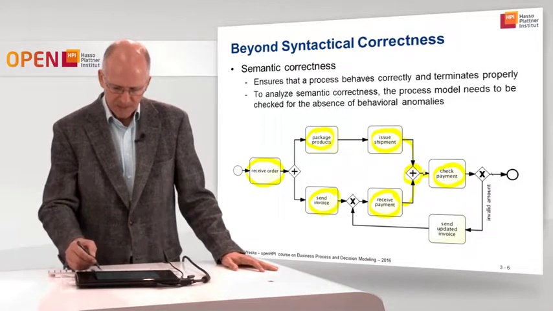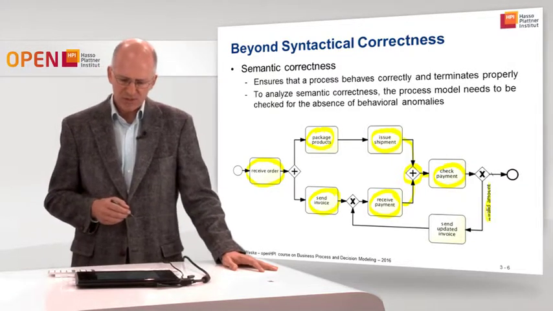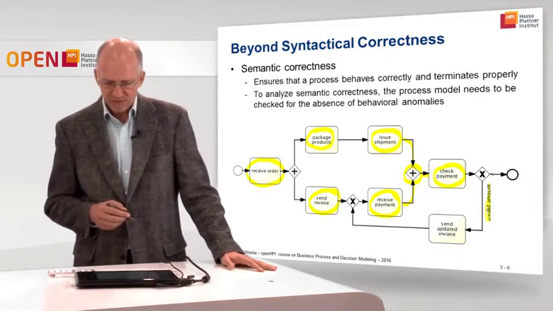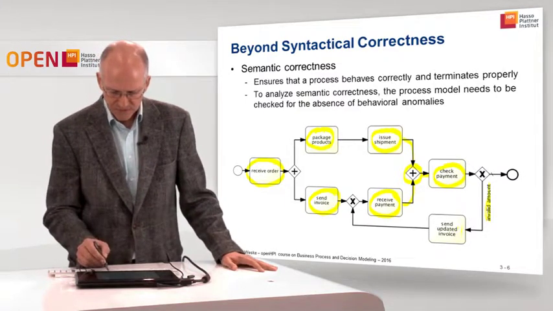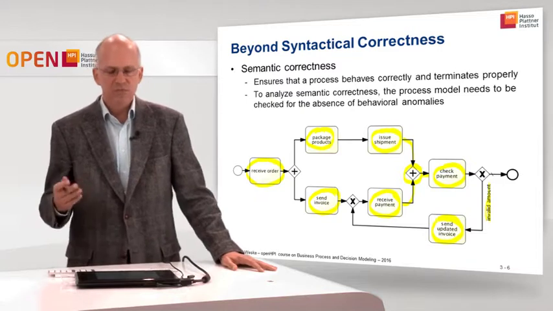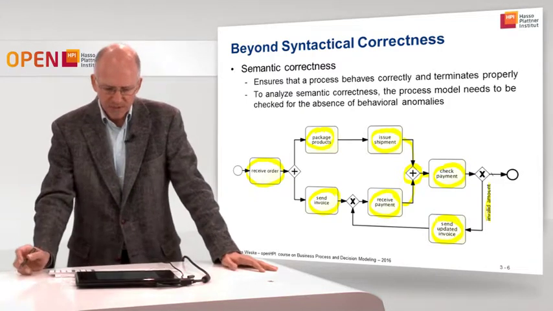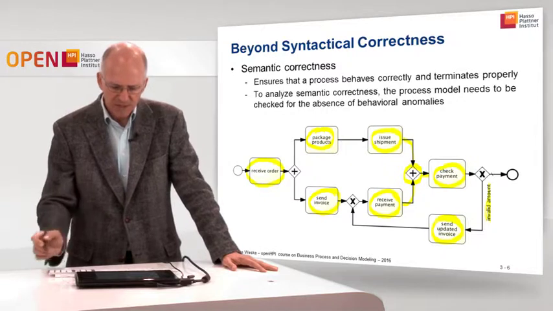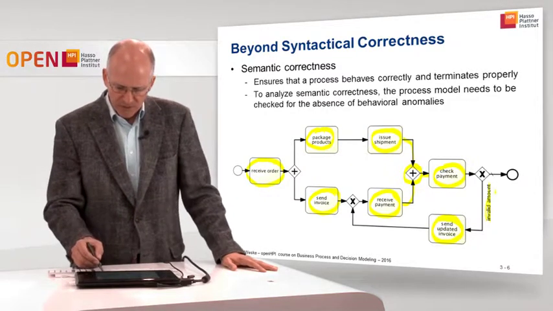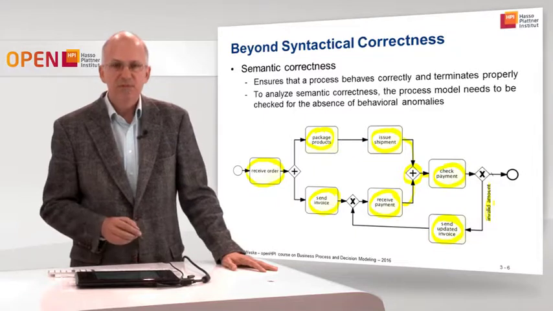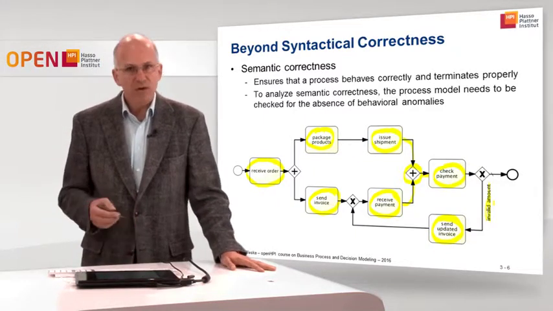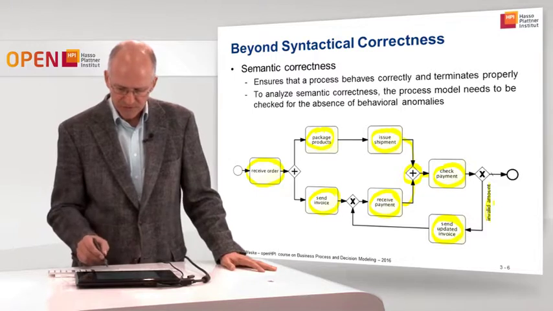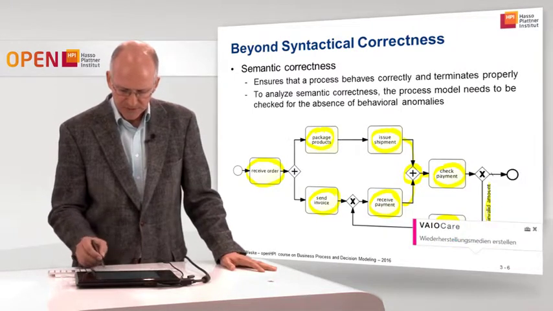In this process model, it's represented that the check payment has two possible outcomes. One is if the amount is invalid. So here we have the condition attached, invalid amount. If the amount is invalid, we need to send an updated invoice to make sure that we receive the outstanding funds, or the remaining funds that have not been paid so far. All right, so let's assume we go the lower way. So the check payment activity resulted in invalid amount being true. So the amount was not valid. We send an updated invoice, and then,